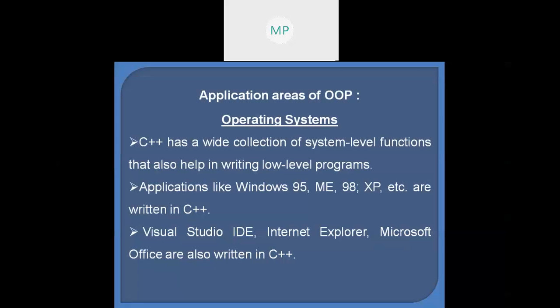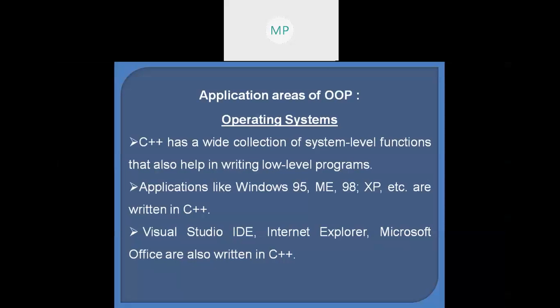Applications like Windows 95, ME, 98, XP and others are all designed and developed with the help of C++ only. Visual Studio IDE, where we write code in C# and others, is developed with the help of C++.